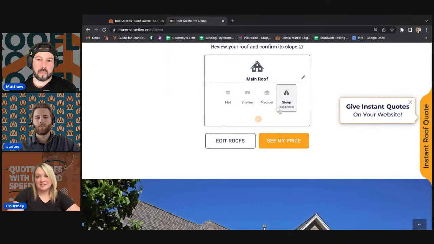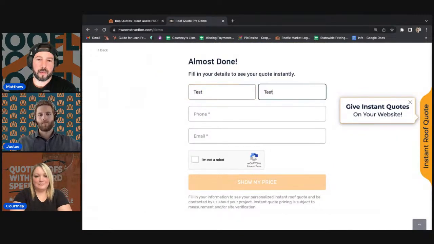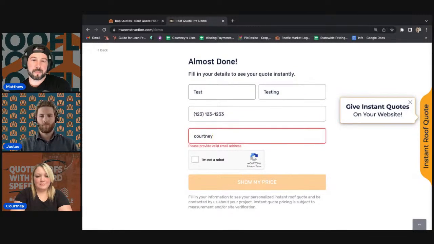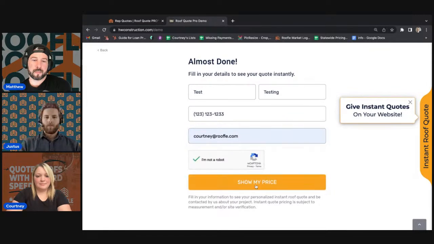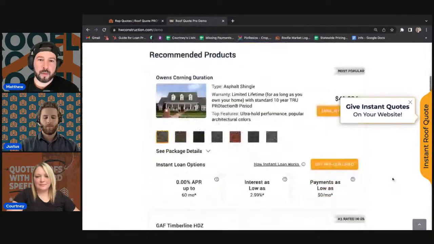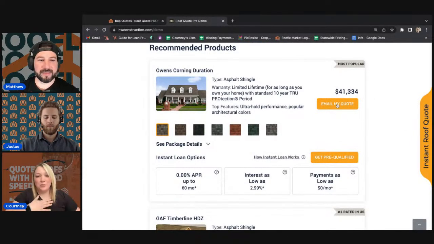And then it's going to suggest the steep. It's not going to necessarily give the customer the slope detection, but as you could see on the rep quotes, it did. Well, bam. Now, when the customer presses the email my quote,